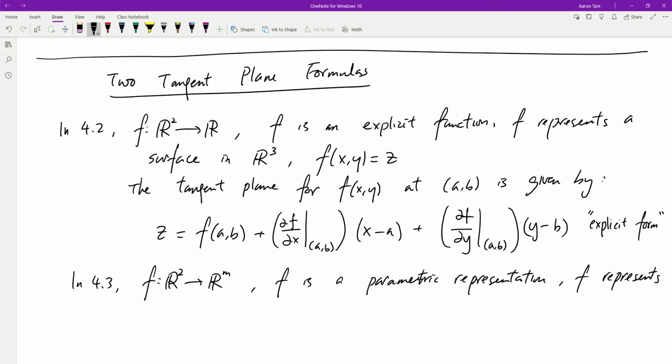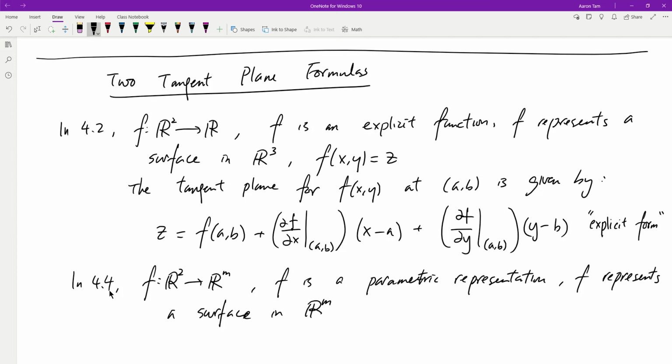And f represents a surface. Once again, if you want to say two-dimensional surface, you can, in Rm. Notice that in 4.2, we are defining a specific surface in a specific dimension, R3 only. While in 4.3, when we use a parametric representation, we can define this two-dimensional surface in any dimension that we want. In Rm, where m could be anything from 3 to 4 to 5 to 6. So therefore, in 4.2, the function f that maps from R2 to R only defines a two-dimensional surface in R3, while in